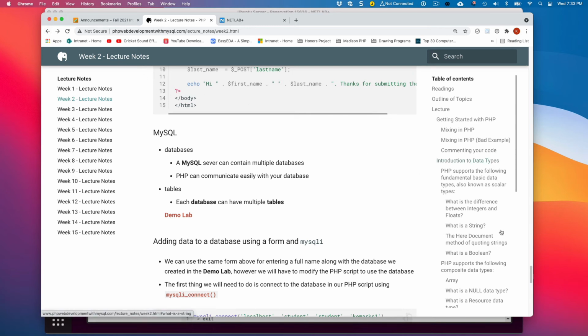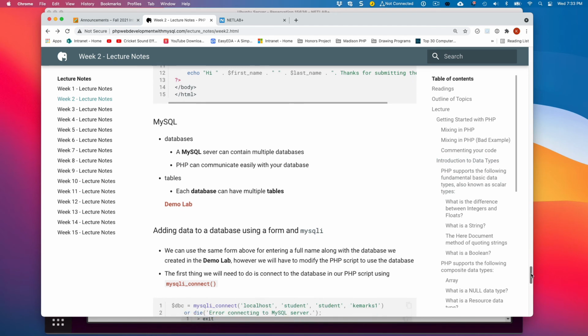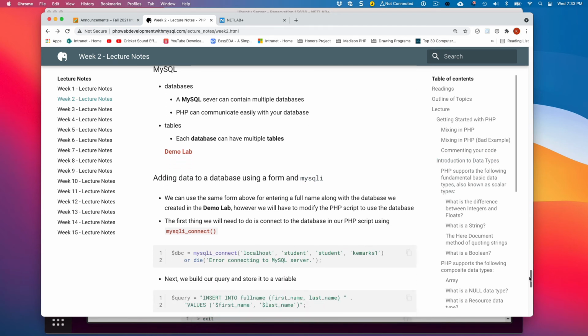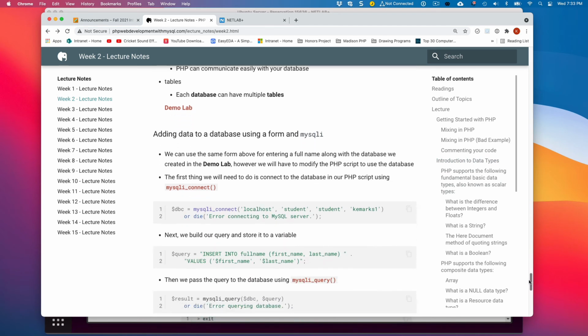Now what we're going to do is modify our full name.php script so we can connect to the database and take the data from the form that comes in and insert it into our database. So we're using that same form above for entering a full name along with the database that we just created. But we need to modify the PHP script, the full name.php script.